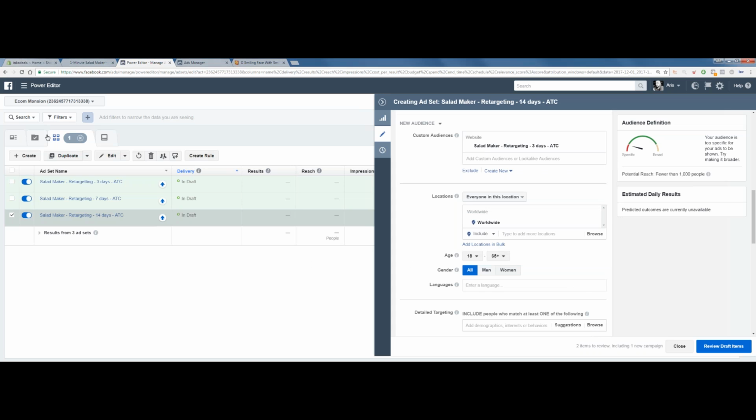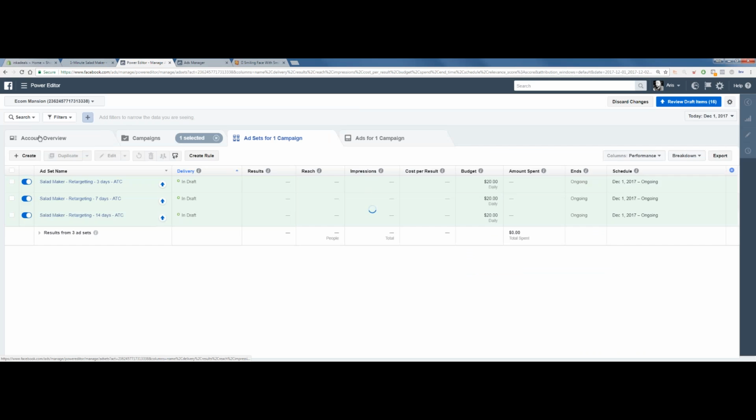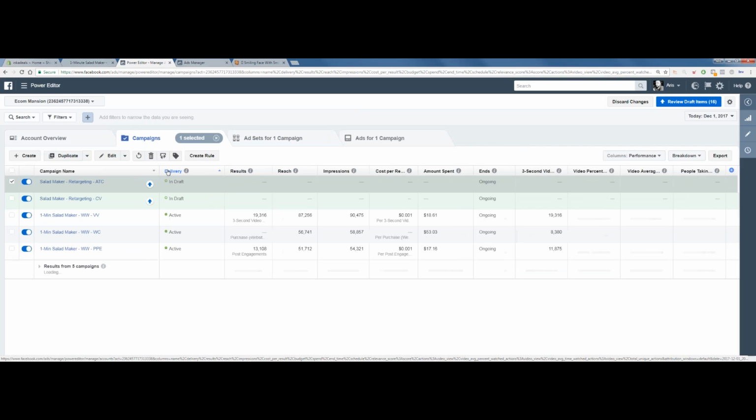Yes, sir. Awesome. That's retargeting. That's the 3 phases of retargeting. Build an audience for content view, add to carts, initiate checkouts. Create 3 campaigns targeting 3 days, 7 days, 14 days, and the ads that I just showed you.